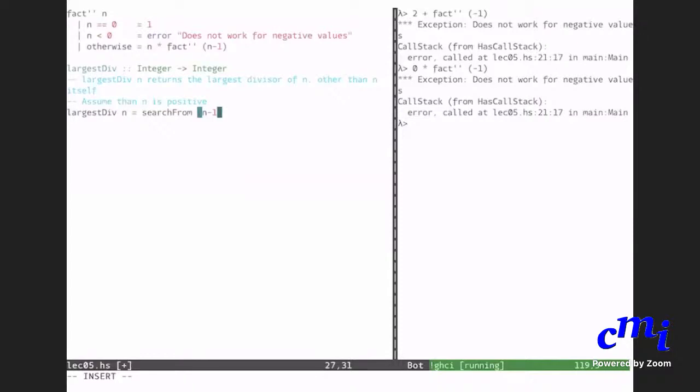Let us just encode the simple logic that somebody told us. Start from n-1. If it divides, that is it. Otherwise, go to n-2, etc. Let us first translate this into Haskell code. I'm teaching you Haskell, remember? Yes, sir, for this problem there are lots of efficient algorithms, but let us just do the simple one first. There are enough people here who want to learn Haskell at a relatively slower pace. So yes, let's do that. But what is it that I want to illustrate now? What is the search from?